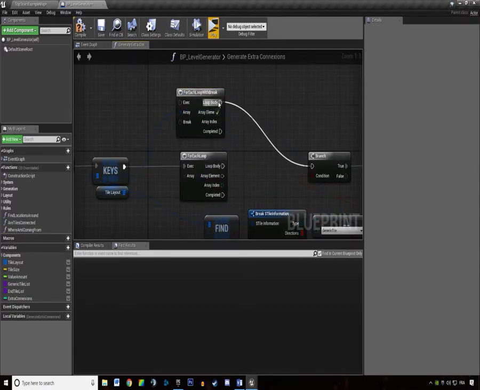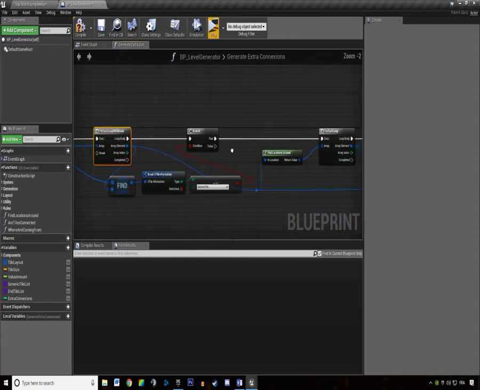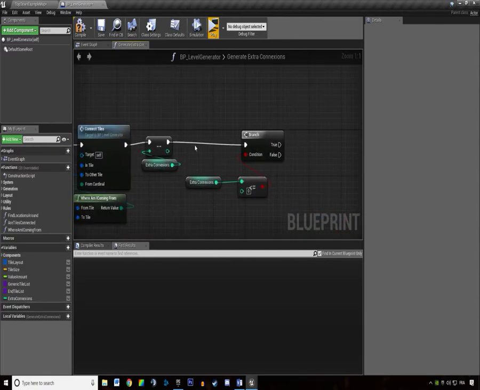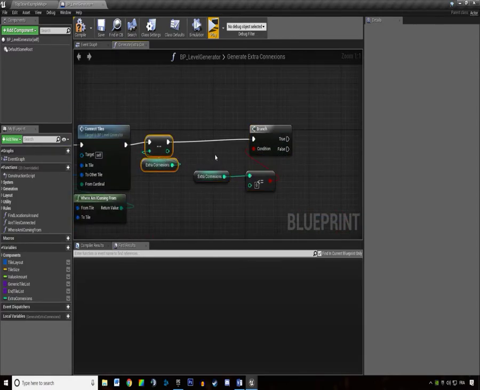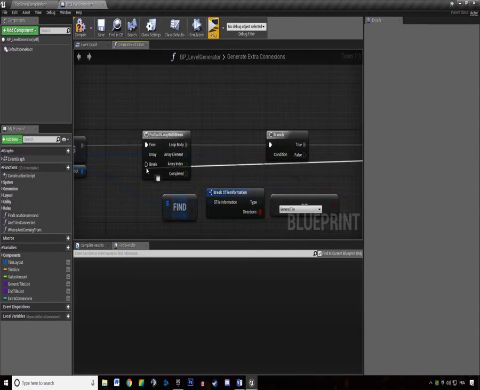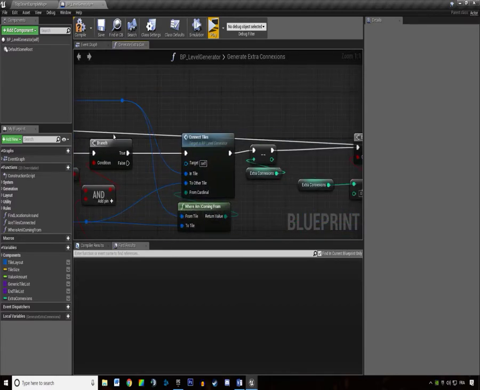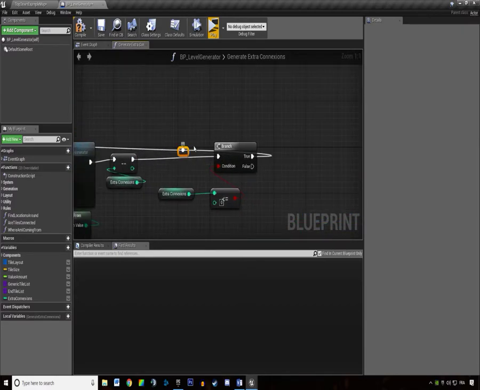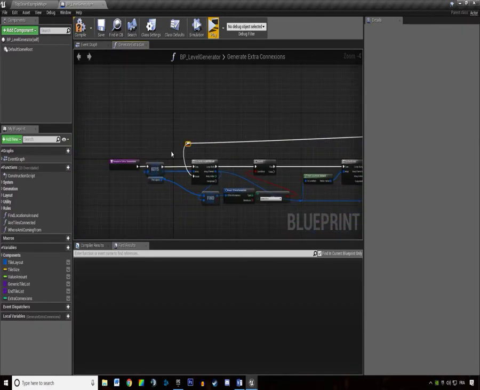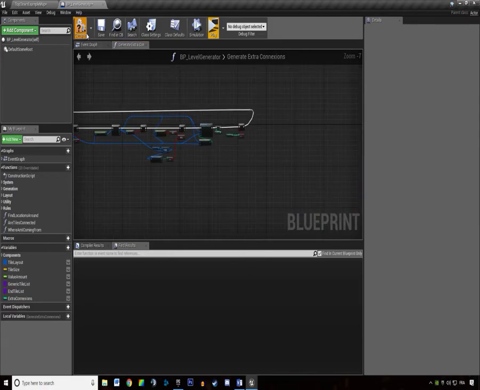We're going to control drag every pin, and we're going to delete the previous loop. And we're going to say that if we reach our maximum amount of extra connections, we're going to break and stop adding extra connections to the layout. So if we check what that does,